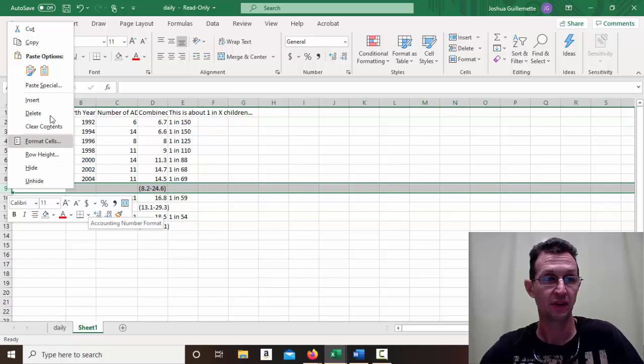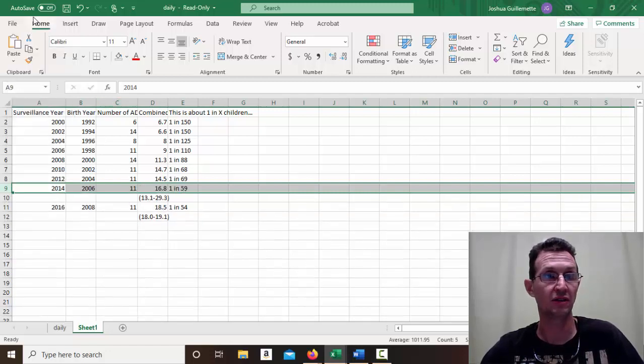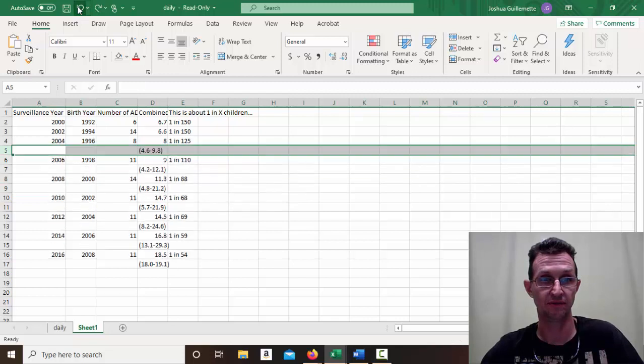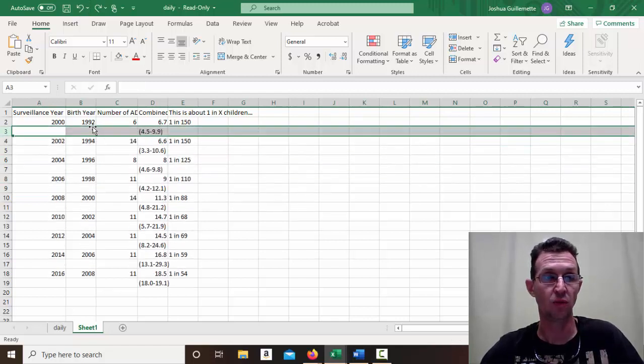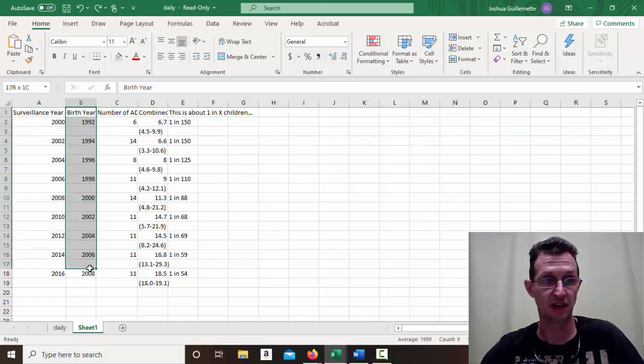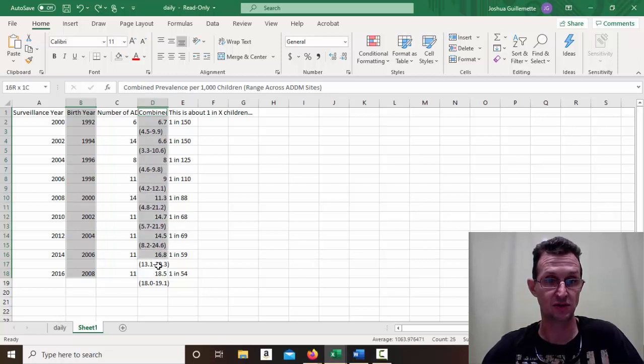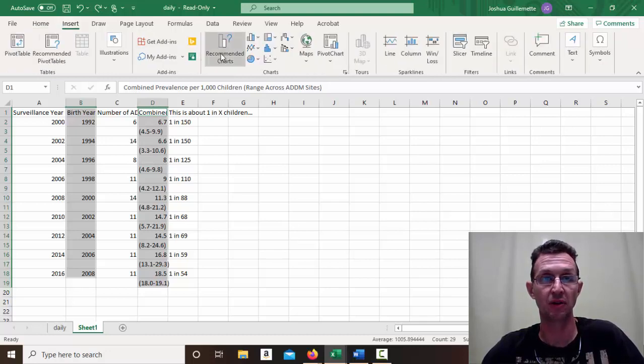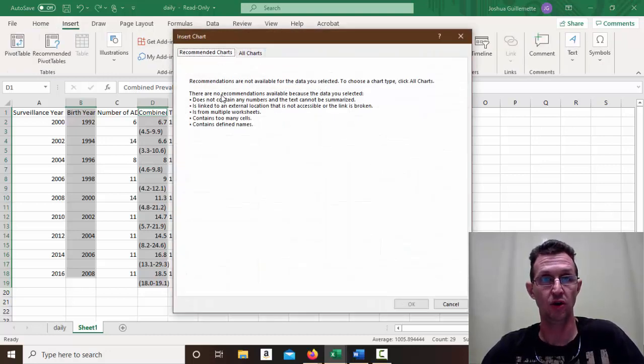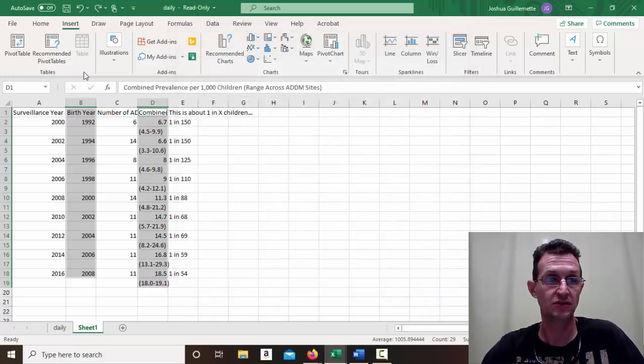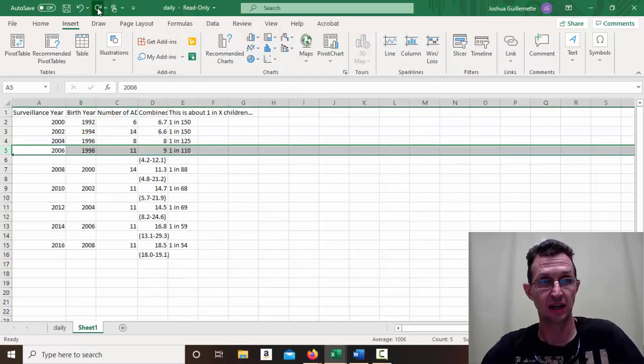Because if I try to analyze this data with them here, let me go ahead and undo. Let's say you wanted to look at birth year and the combined rate. If I select birth year and I select the combined rate using control click, and now I try to insert my recommended chart, it's like, whoa, what have you done? I'm so confused. You can't do it that way. So I get rid of